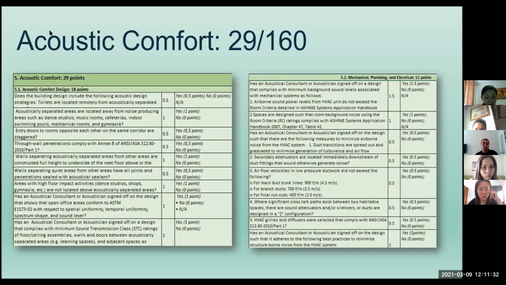And next is minimum sound transmission class. Also requirements for the door, wall, and the building materials, whether they can isolate the sound enough. Next part of the acoustic comfort is mechanical, plumbing, electrical. It is mostly about whether these systems, mechanical system, plumbing system, electrical systems, are met with the minimum sound requirements